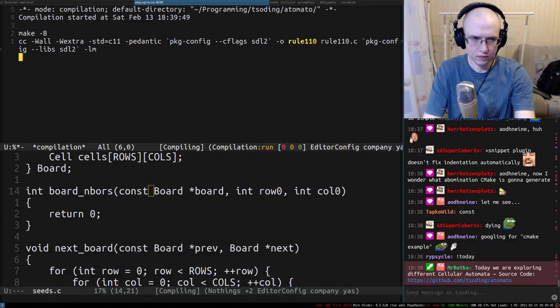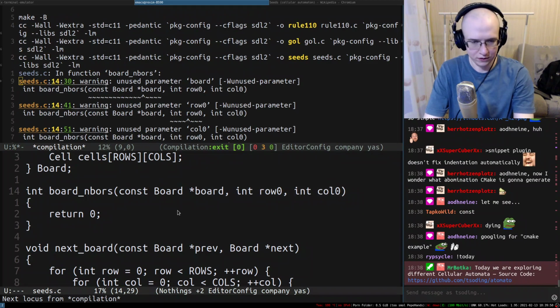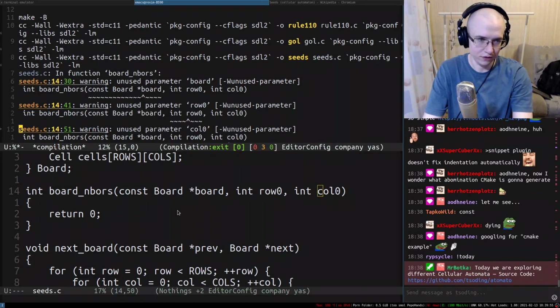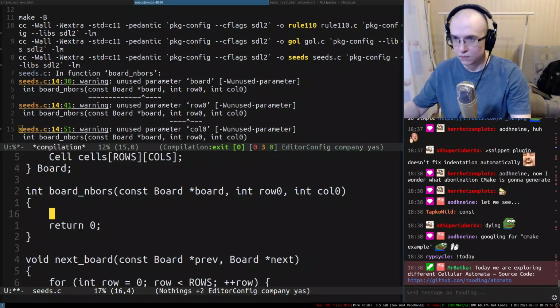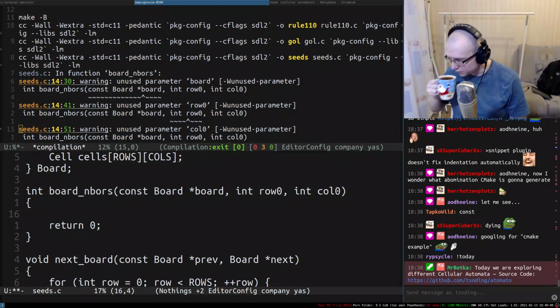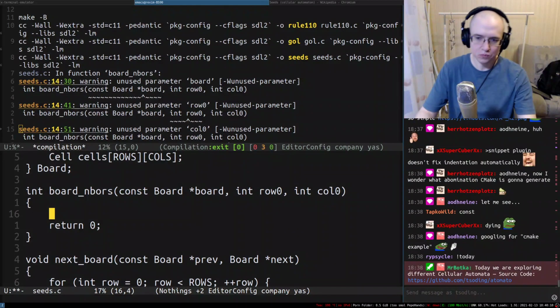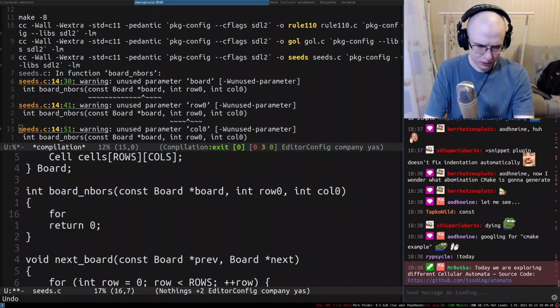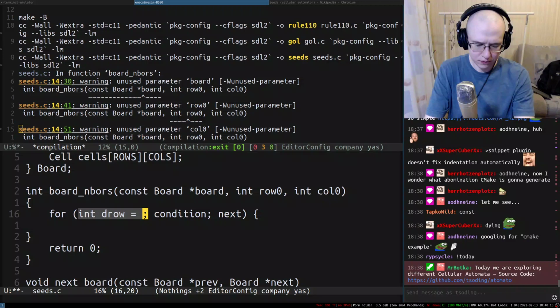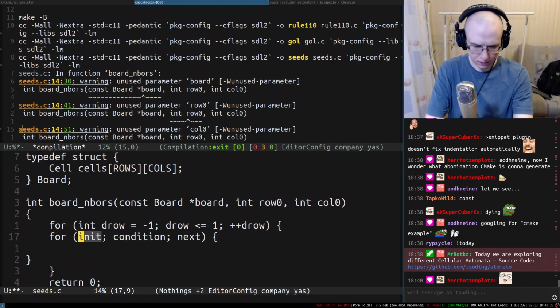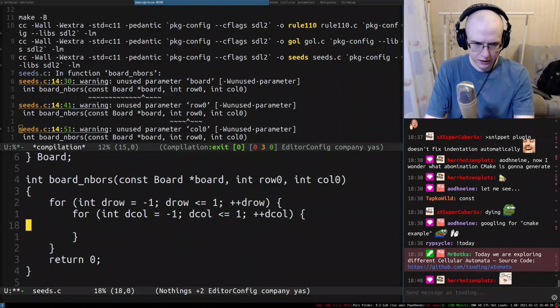Okay, so const. Okay, so there's a couple of warnings, but the warnings are just from the unused variables, nothing special. Cool. So, and let's just calculate the neighbors. All right. So it's gonna be something like d_row -1, d_row less than 1. It's gonna be like this. d_column -1, d_column less than 1. And yes, so only if d_row not equal 0 or d_column not equal 0,